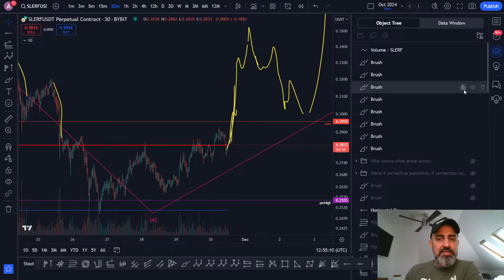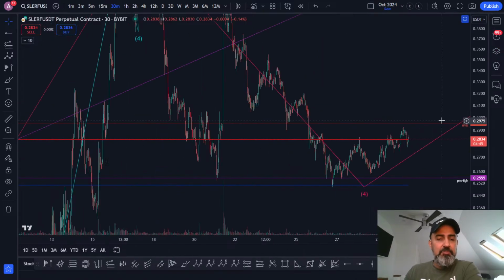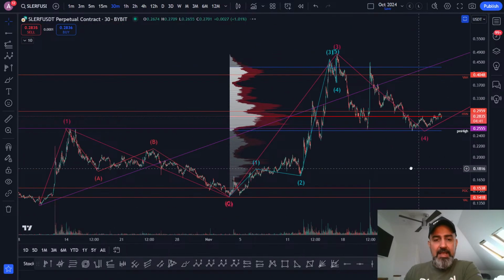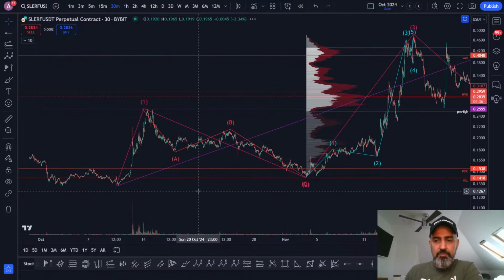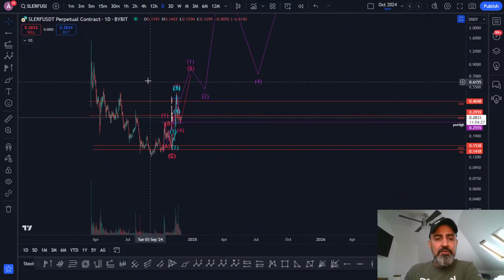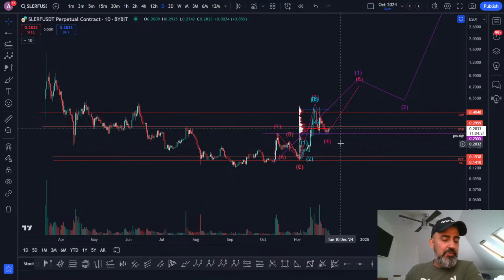Obviously, if you're in spot, you're just accumulating spot. No one is not accumulating spot right now. Yeah, SLERF is at 28 cents. It's only 100% away from the floor, the floor being somewhere around 13 cents. We're only 100% up. It's really cheap. If you consider that we're in bullish market structure, we've had multiple months of correction, and we're putting so much